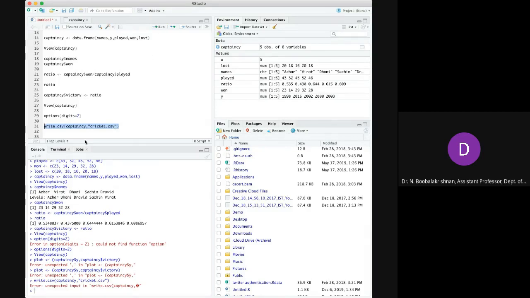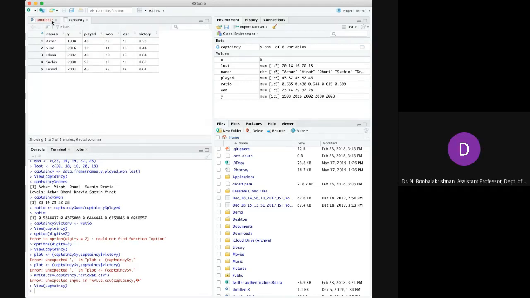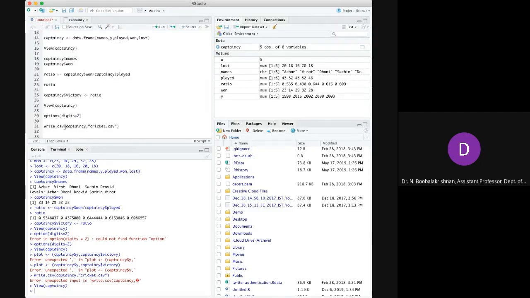What happened? Captaincy, is there any spelling mistake? No. Maybe a space after the comma. New captaincy, it is working. Wait a minute. Write.csv captaincy comma.